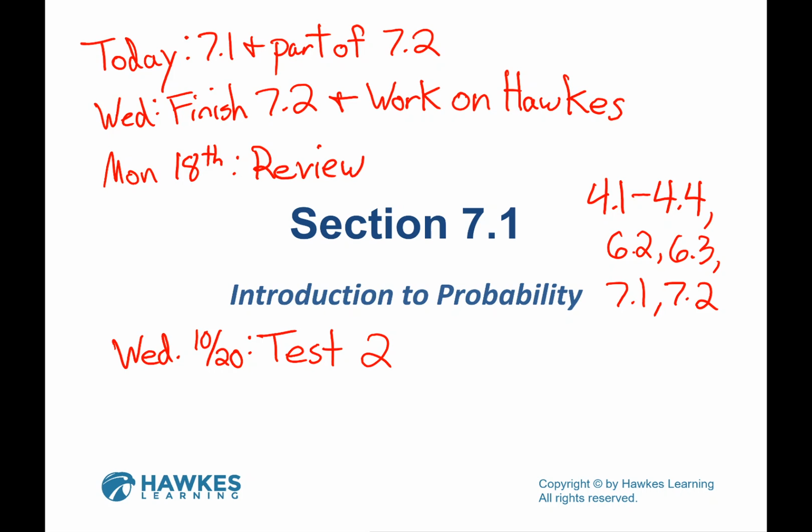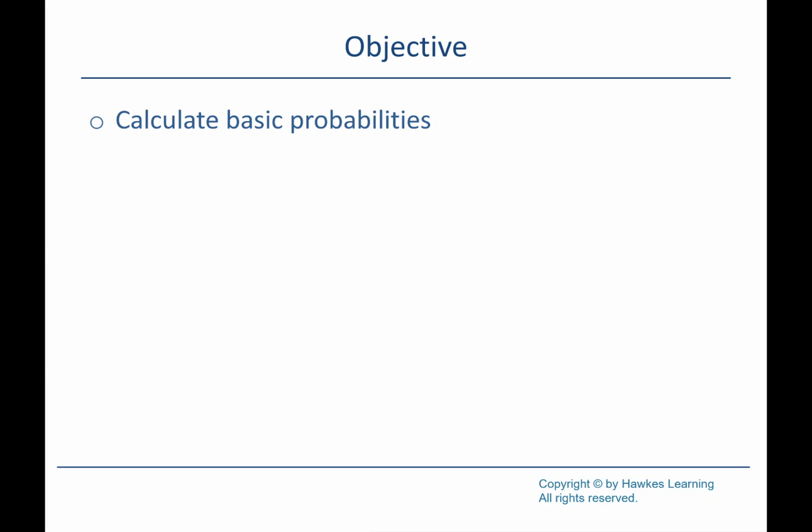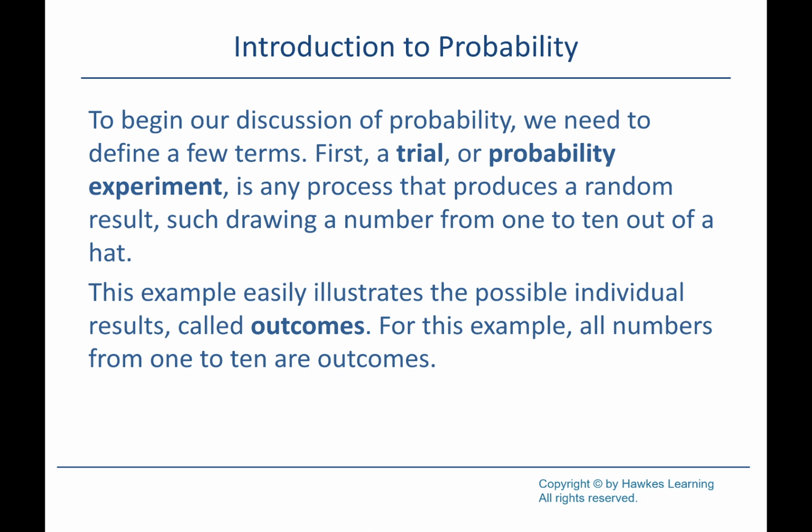So, new chapter, so we've got some vocabulary to kind of talk our way through. Okay. So, got a few terms we need to know here. So the first one is trial or probability experiment. So if we say a trial or a probability experiment, we're just talking about some procedure, some process we're going to go through, and we don't know the outcome until we